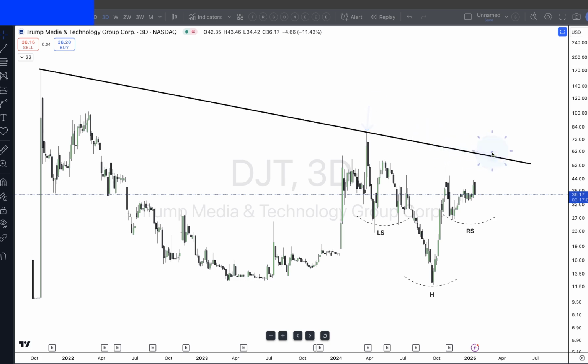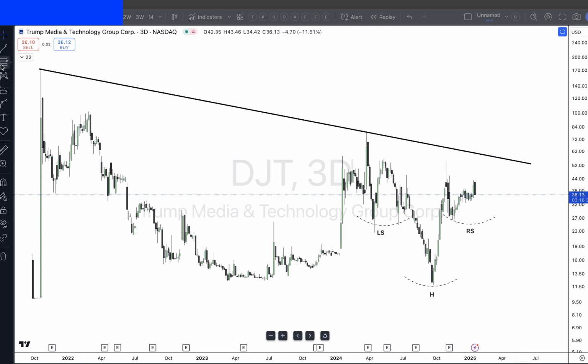You can see that we had a nice touch when price came up here and got rejected. Now when price gets up here, it's going to be interesting what takes place. Once it gets here, is it going to push to the upside, or is it going to get rejected and go to the downside? When price gets to this level, call it $57 and change, depending on when price hits it. If you have questions, just circle back with me, okay?